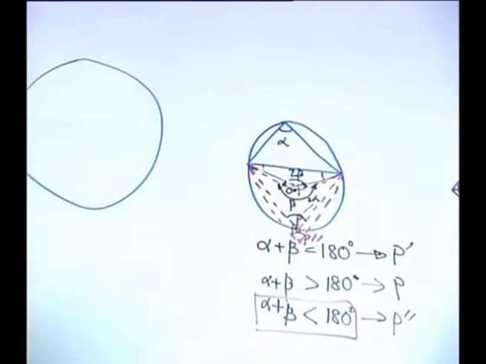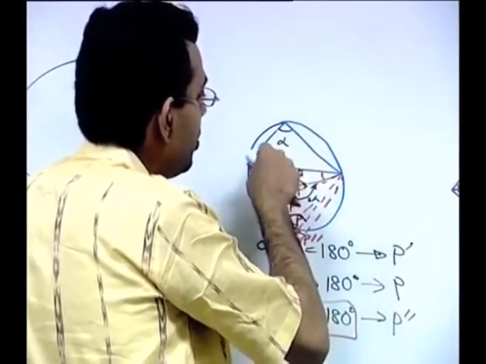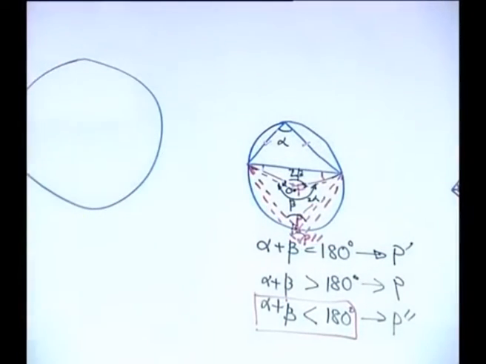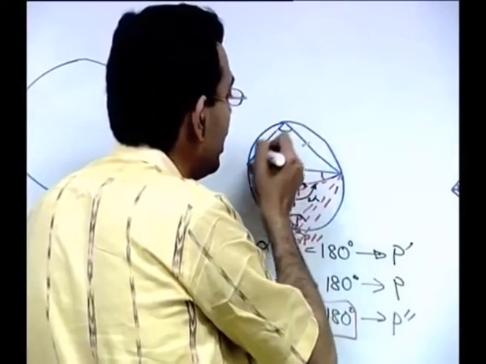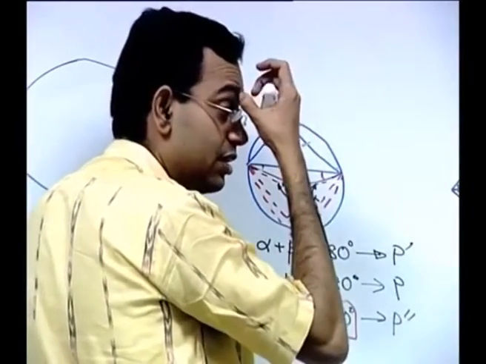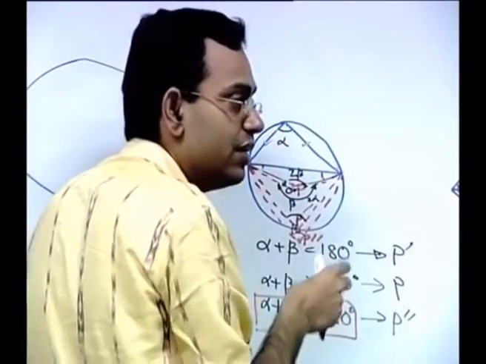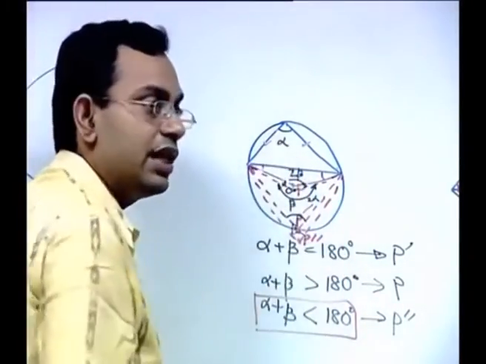Because you are given the coordinates of different points, you can find the angle between two lines using the coordinates of the endpoints. For example, if this angle is alpha and the slopes of these two lines are m1 and m2, then tan alpha equals m1 minus m2 by 1 plus m1 m2, plus or minus depending on the sign. So, to know m1 and m2 you require the coordinates of the endpoints, so that you know the slopes of the lines forming the triangle. If you know the coordinates of each vertex of the triangle and also the new point P, then it is possible to find the angles alpha and beta and then check.